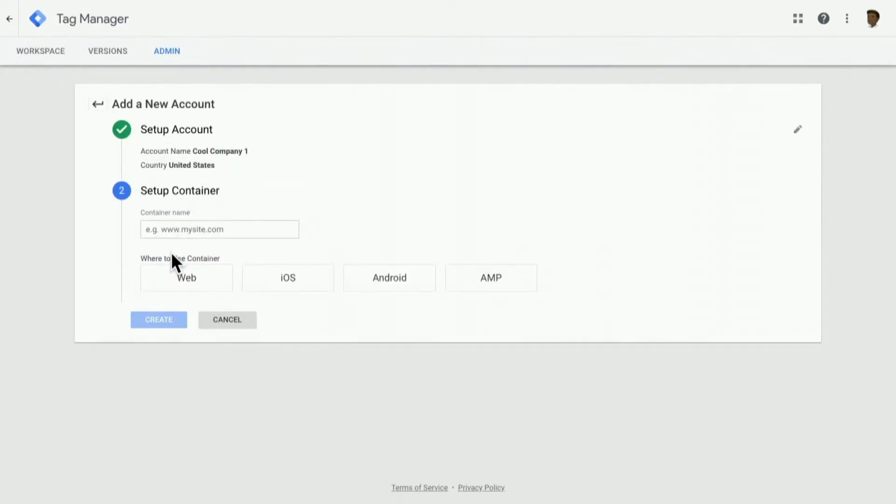And press continue. And now we have a container. A container within Google Tag Manager is the entity that contains all of the tags, triggers, and variables, really everything that we're going to want to do with Google Tag Manager to have data flow from one of our properties or multiple properties into various tools. In this case, we'll name this container something after the site where it's going to be located. So we'll do something like